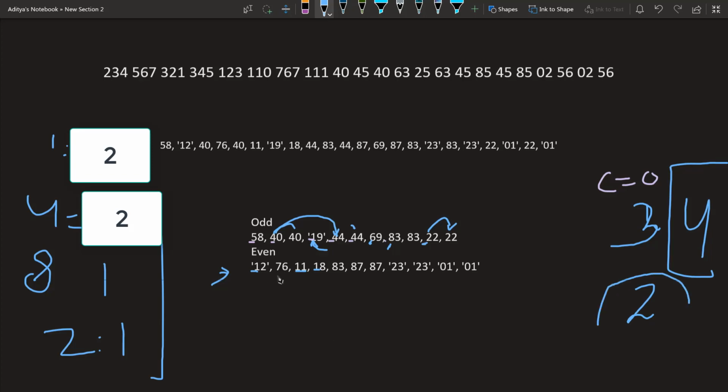Then we move to 7, and there is no 7 in this list, so we are not going to include anything else, and we are not going to increment our counter. Then we move to 11. Of course the 1 is already done, so we are not going to do anything with the 1. And then here comes our 83